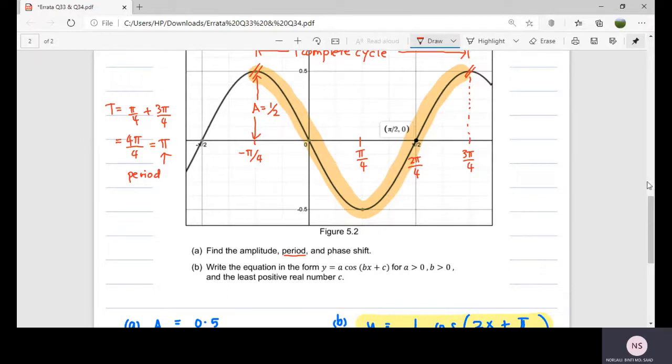And the next is, we want to look at its phase shift. Phase shift, remember, we have to measure from the y-axis. So this is our phase shift. Phase shift here is negative pi over 4, right? So for negative pi over 4,